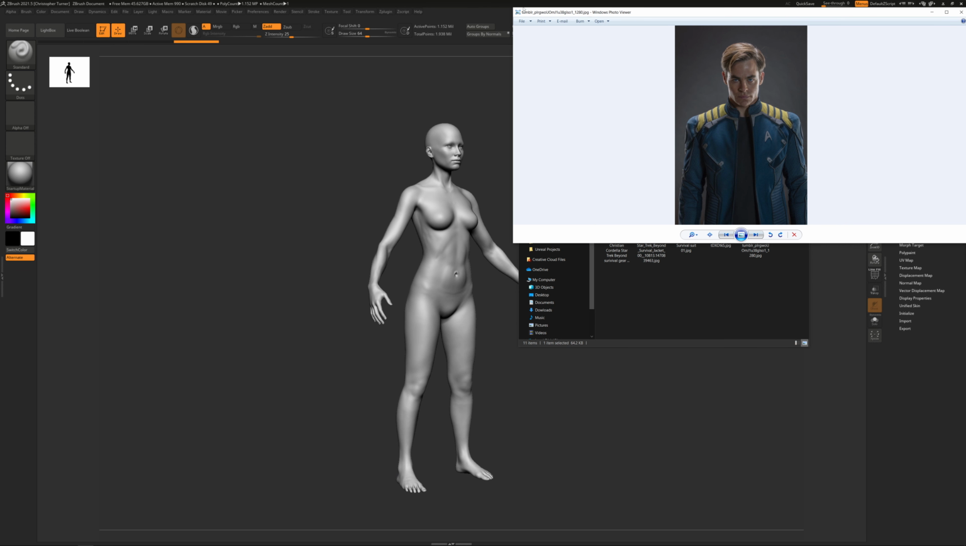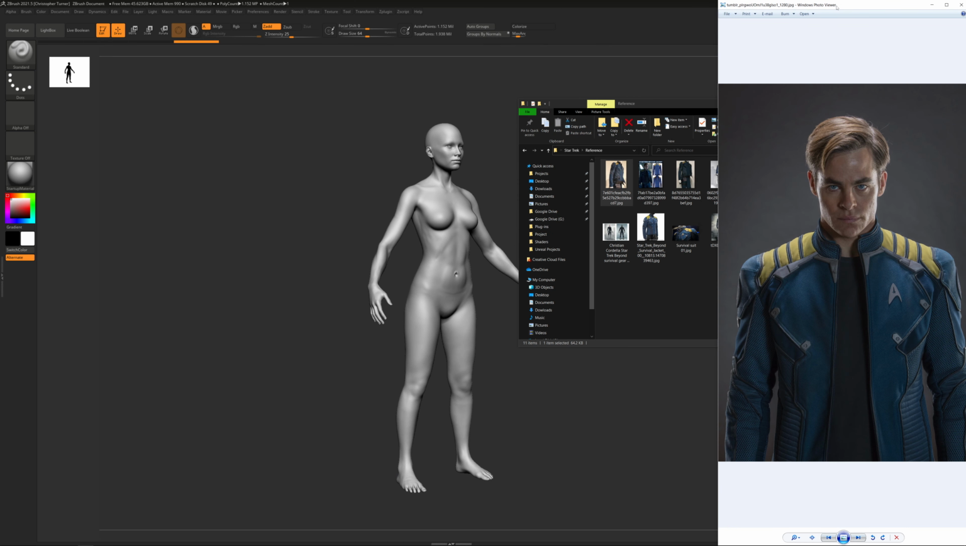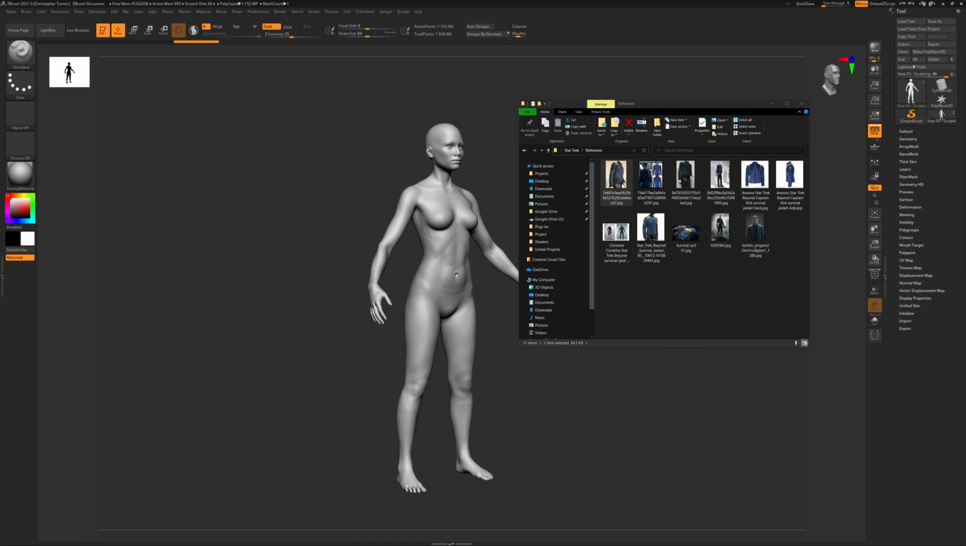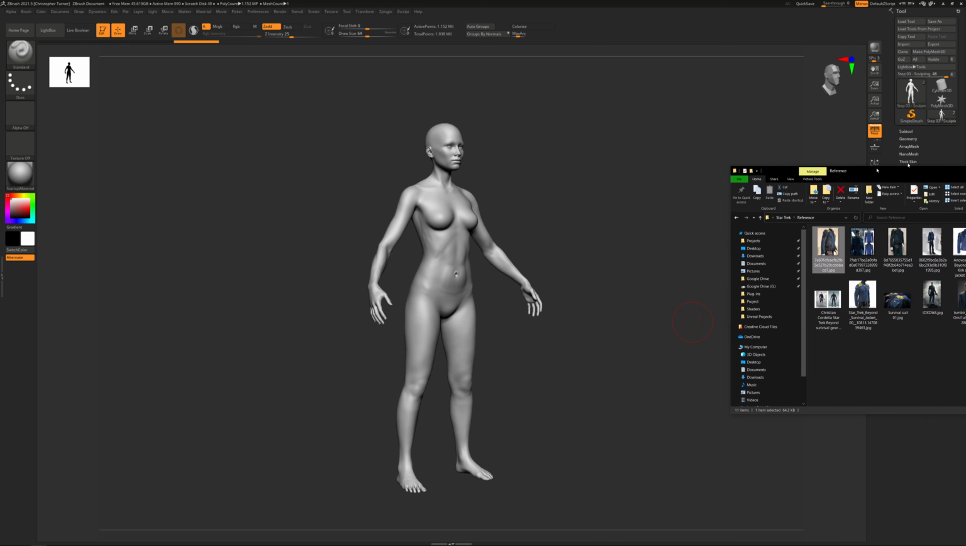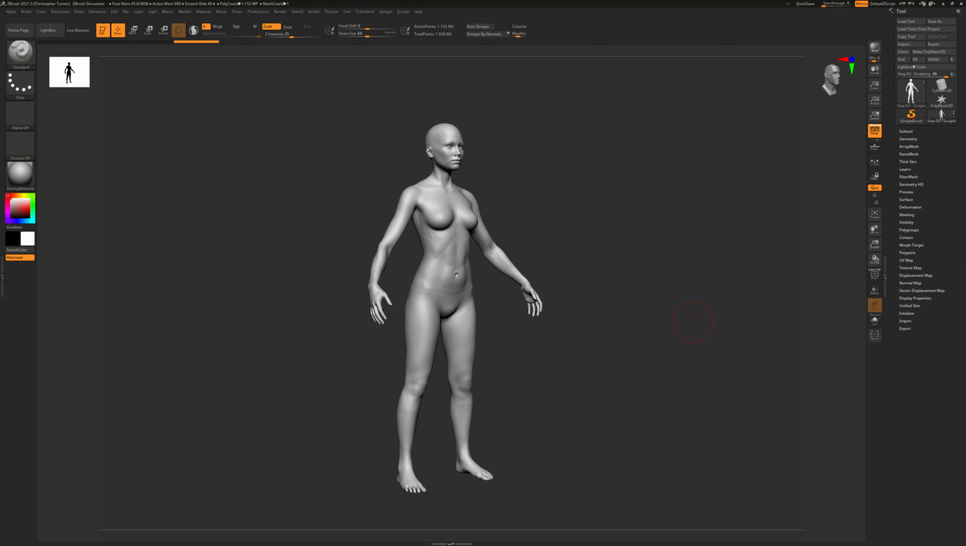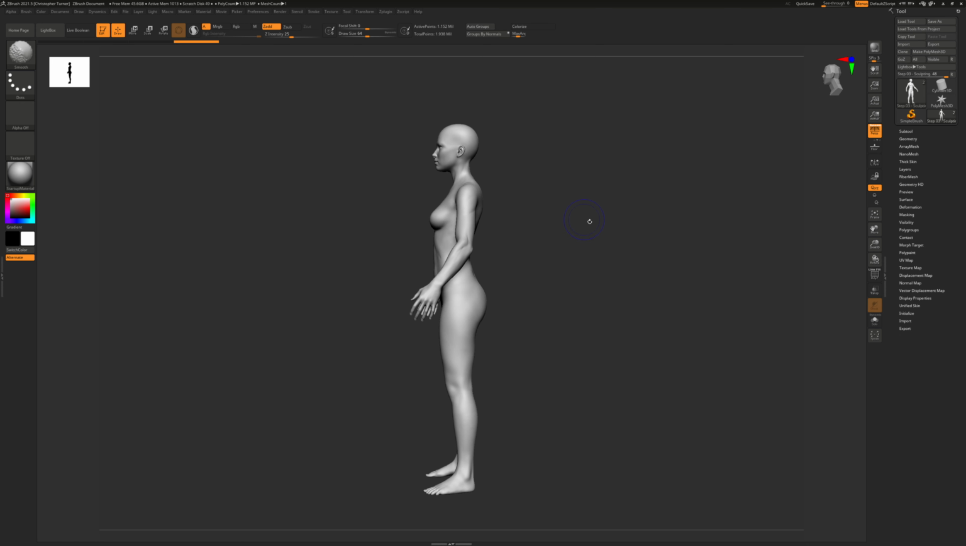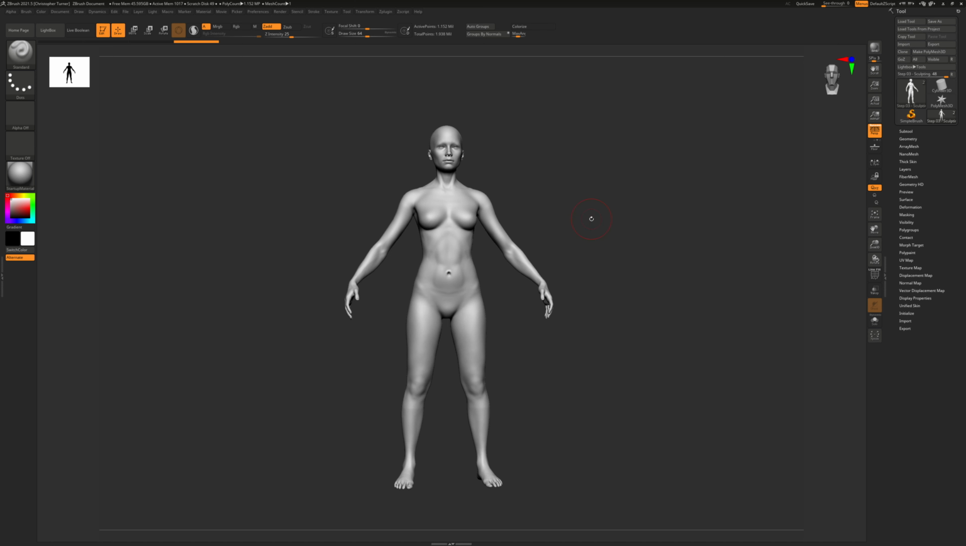So I'm going to drag this off to the side and keep it off screen here. I don't actually need it to be a part of ZBrush or the interface. I'm just going to keep it off screen so I can see it as I go. I'm going to bring my reference folder back over to the other monitor as well. And I can now go in and start on my anatomical sculpt here